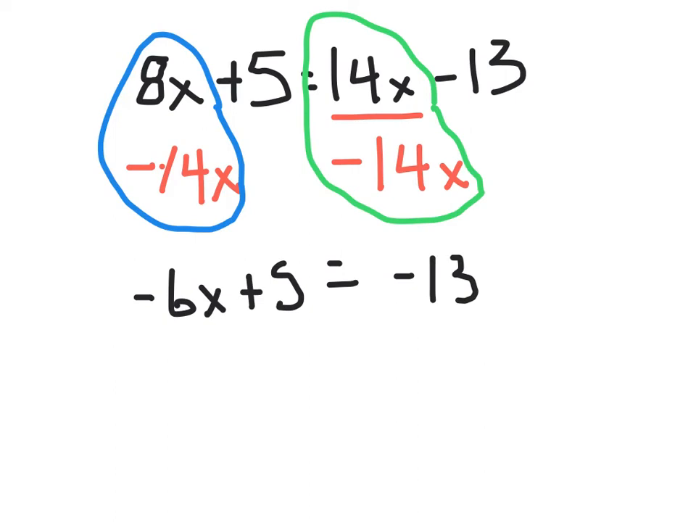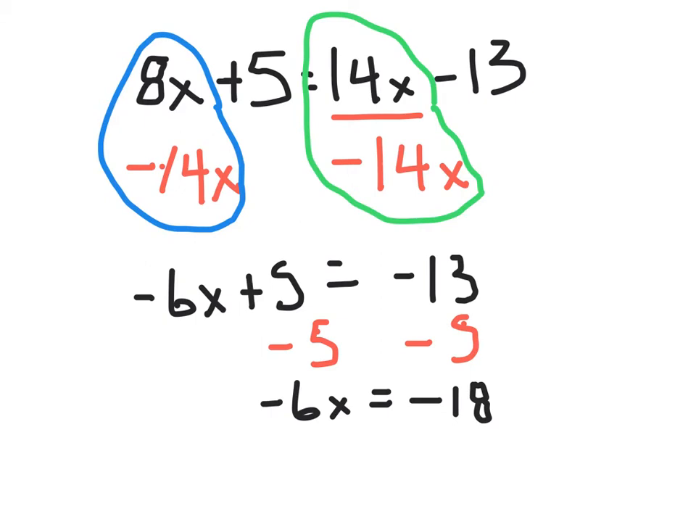Just as in the first example, we then have to move the 5 over to the other side of the equation. We do this by subtracting 5 from each side. This leaves me with negative 6x is equal to negative 18. The final step